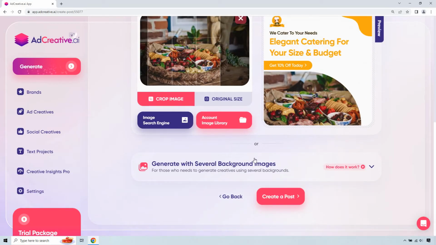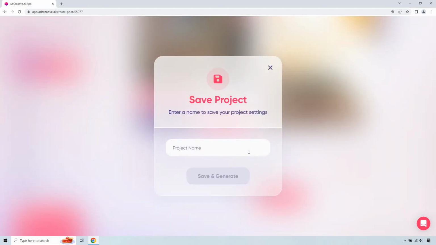Okay, if you want to add more images or several background images for those who need to generate creatives using several backgrounds, that's up to you. I like doing the single one. Let's do create a post. Let's just do food cater